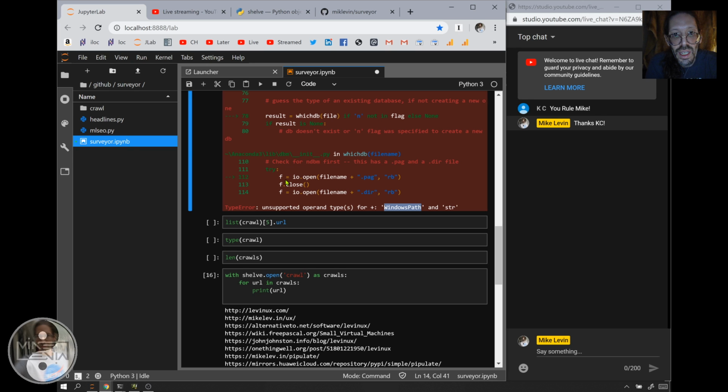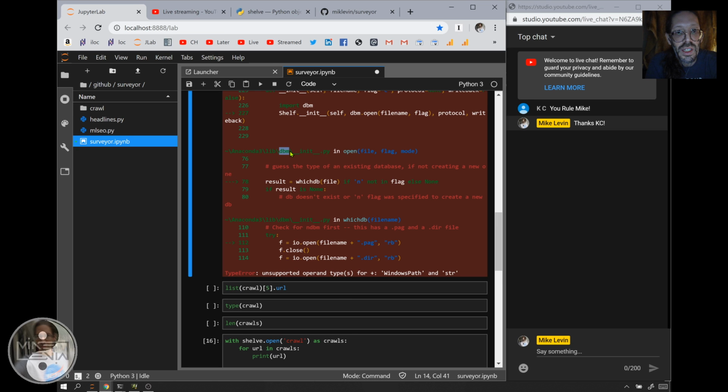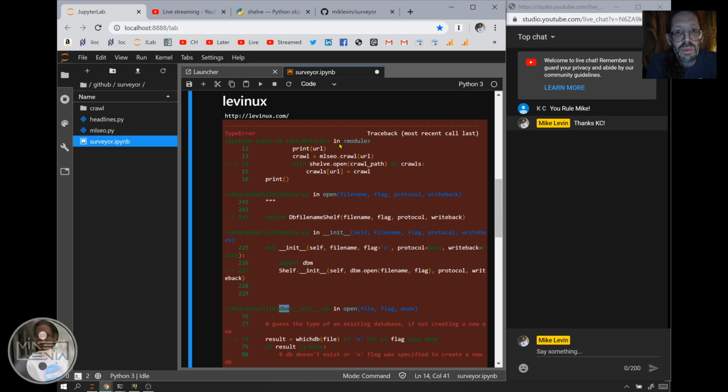A lot of this stuff is going to be taking place in parts of the system. And look, there's DBM. So it is the DBM database that's handling the key value database portion of this under Anaconda lib. Interesting. Shelf.py. So we have to go all the way up here until, okay, so with shelf open crawl path as crawls. So it's that final crawl which is being interpreted as part of the path, because the open should certainly all work